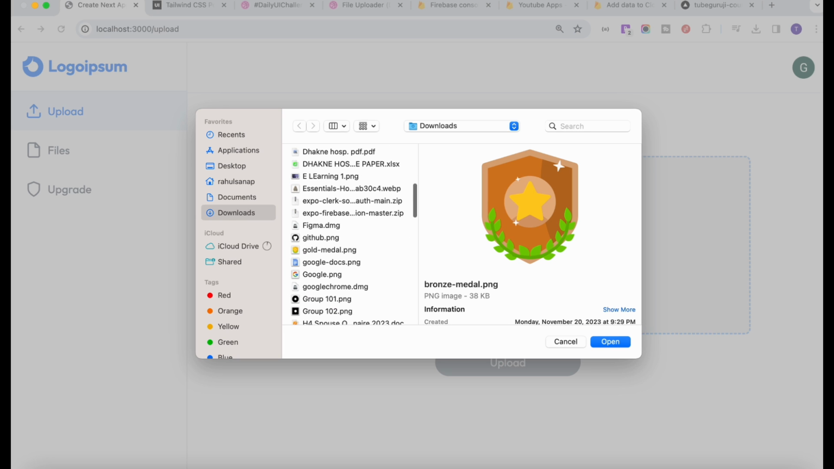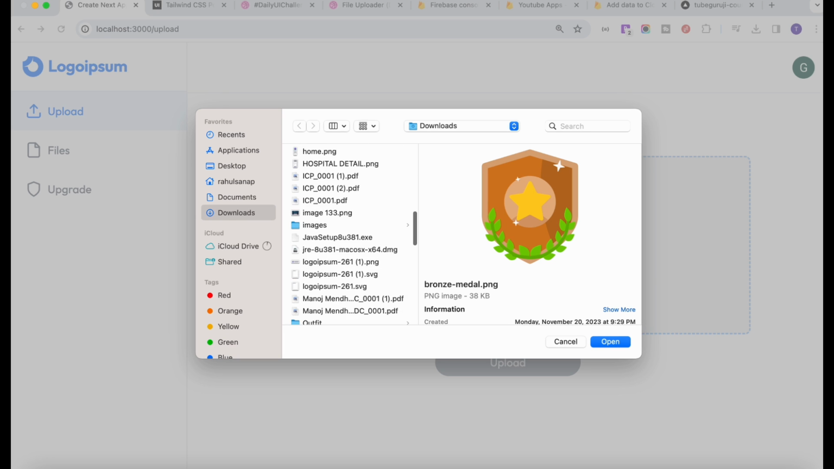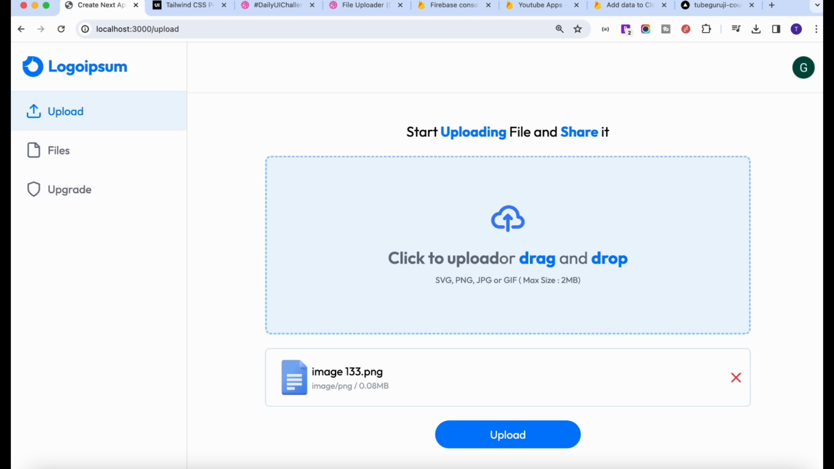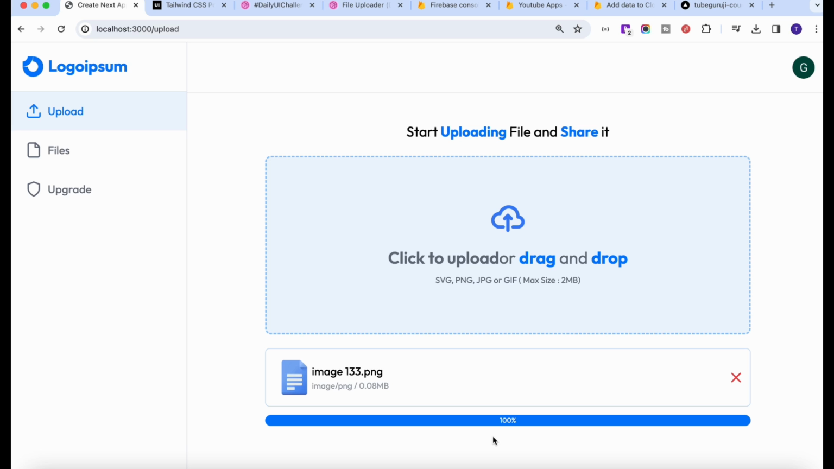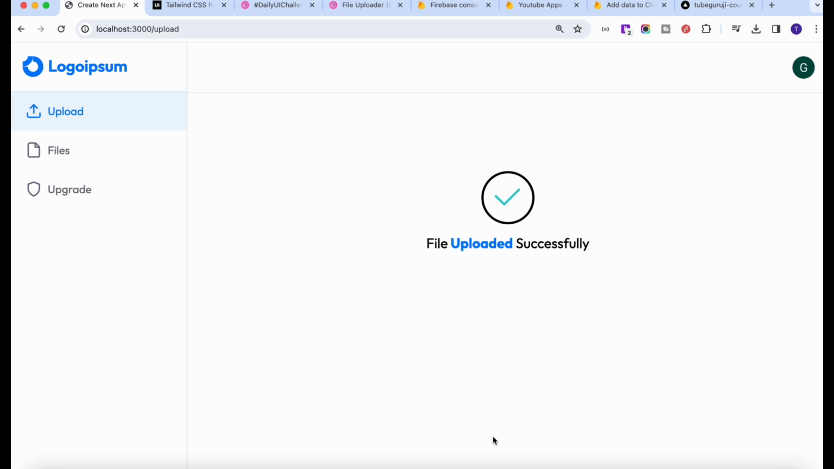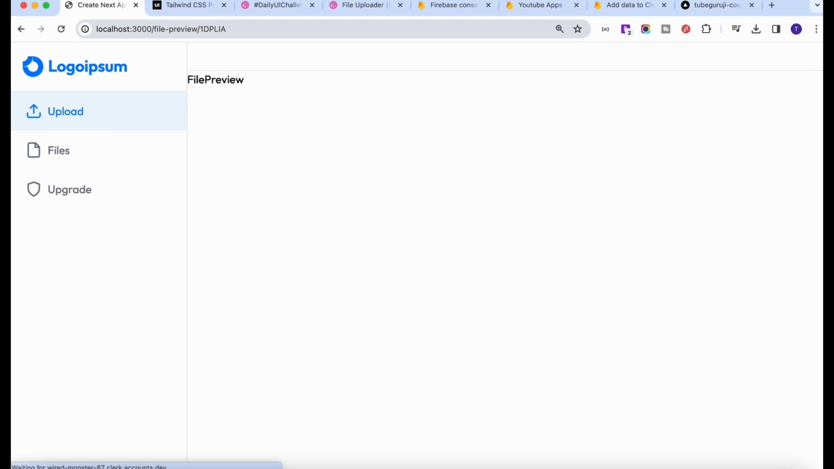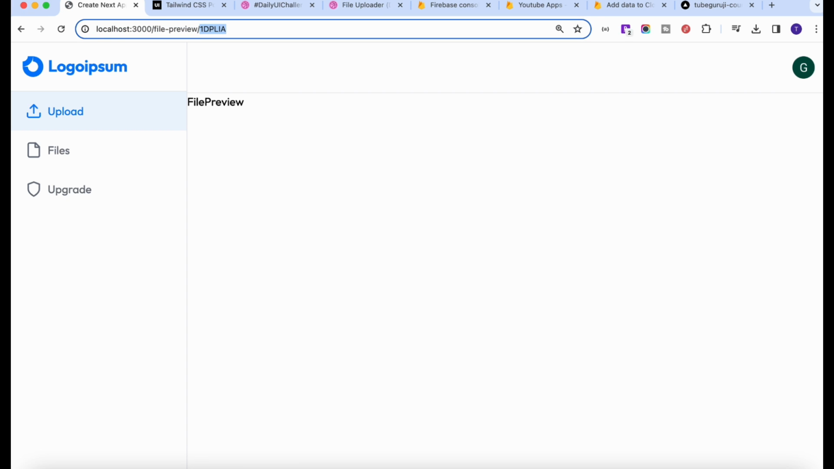So let's upload some meaningful image, maybe this one. Open, click upload, and if you see, it navigates to this particular file, and we got the ID as well. Now with the help of this particular ID, we are going to fetch the data